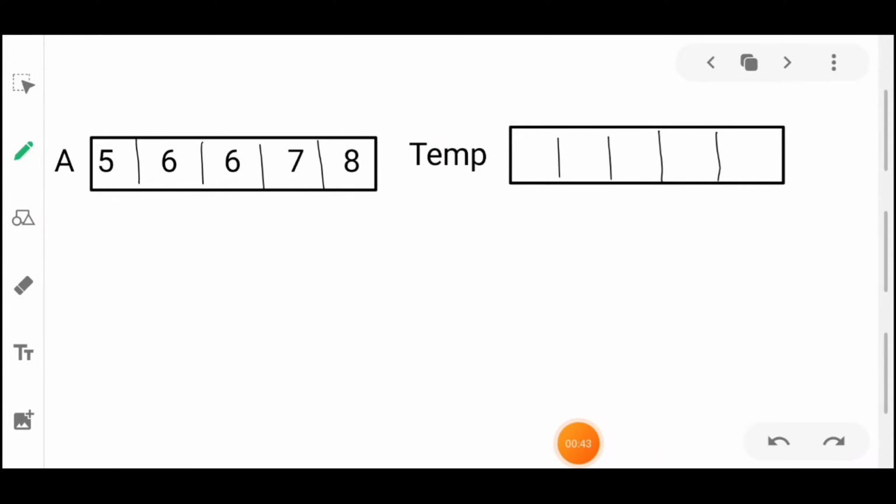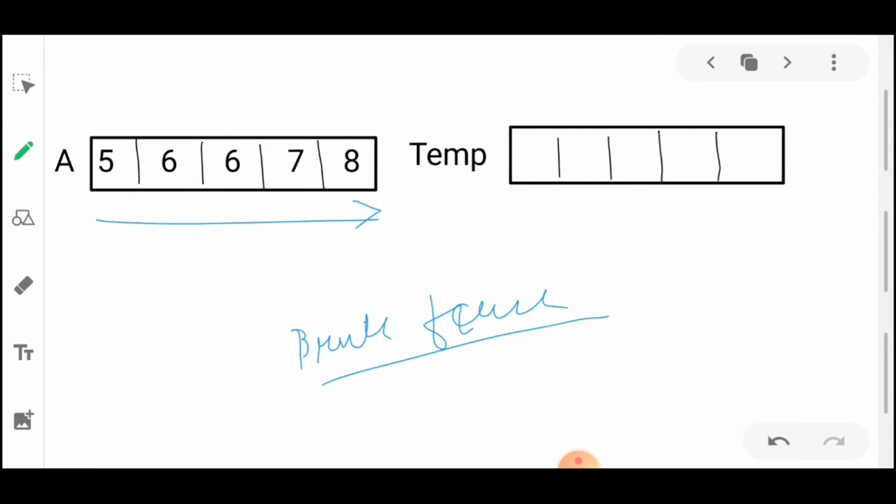So the very first approach that comes to your mind is the brute force approach, where we will iterate through this array and we'll just check if the current element is equal or not equal to the next element, and we'll just store it. But the problem arises: where to store it? So we'll just initialize the temp array with the size equal to our input array, that is 5 only. Okay, let's just store the indexes here.